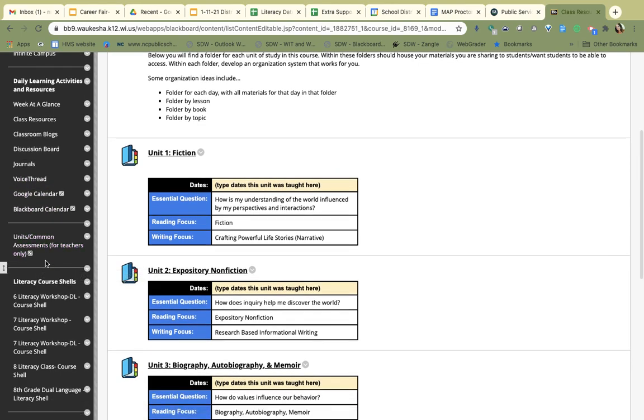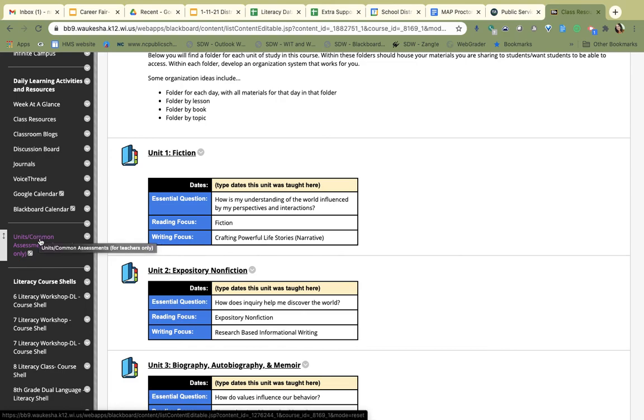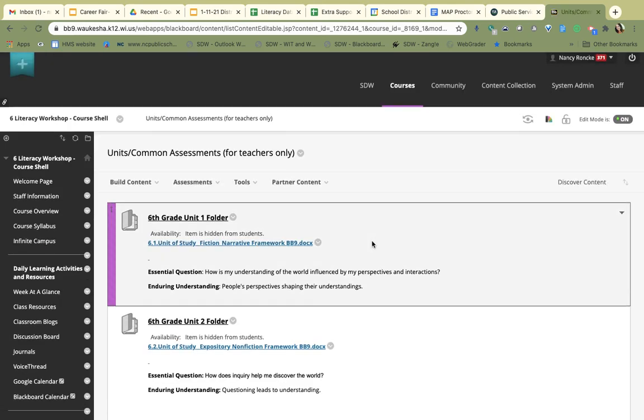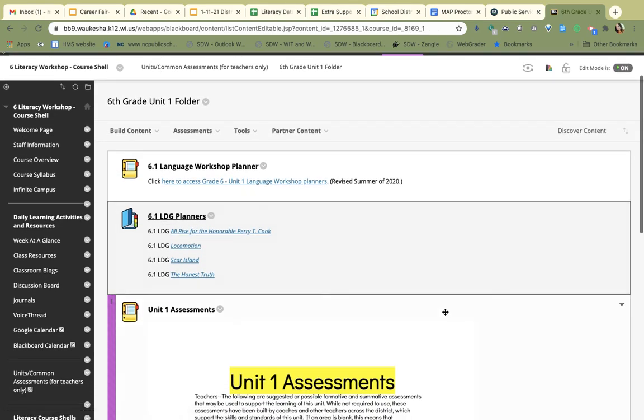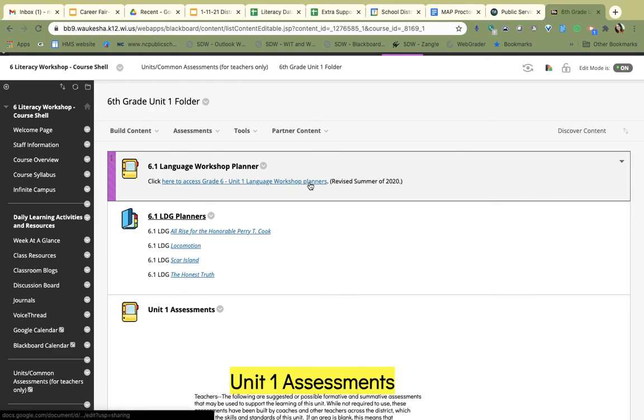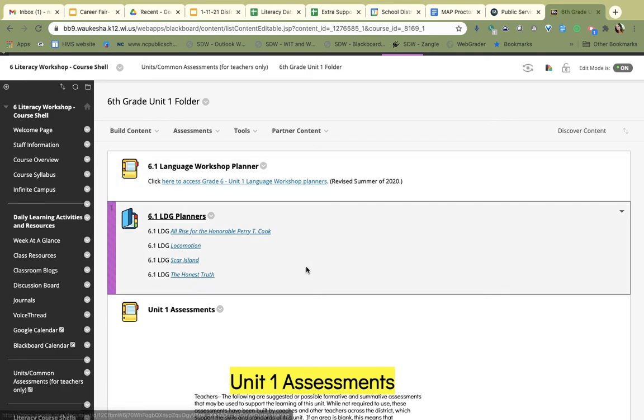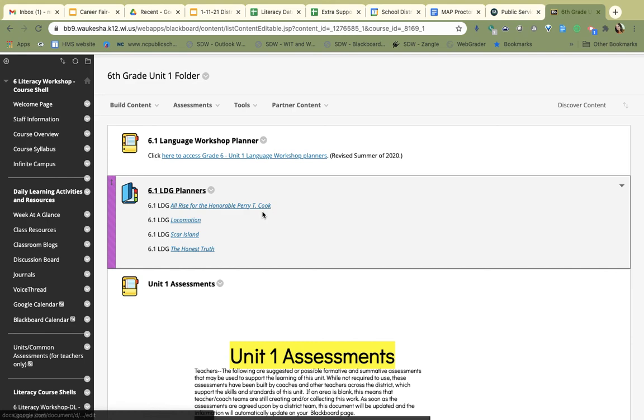I think the part that the team was really excited about was the units and common assessments, and this is hidden from students, it's just for teachers. When you open that up, it has all of the folders that you're accustomed to, but then when you open up each of the folders, it has all of the language workshop planners there, so you do not have to necessarily go in between the comprehensive literacy site and this site. It's all housed in one spot. The literature discussion group planners are here, and again, if and when those are changed, they'll automatically update on your